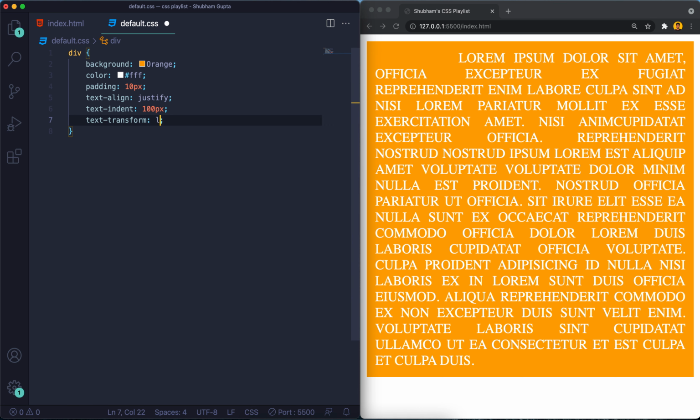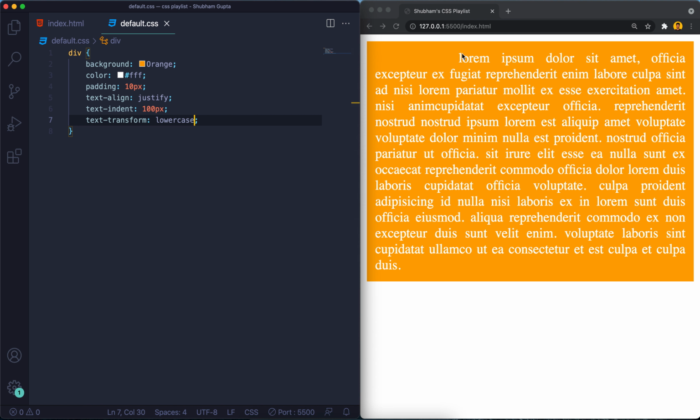We can use lowercase, so everything will become lowercase, even the first letter. And there are a couple more options, so we use small caps. Do we have? No, we'll have it in the font. Okay, so text transform, we should not have this. Instead of that we have a couple more options.